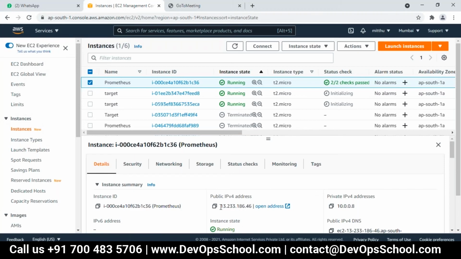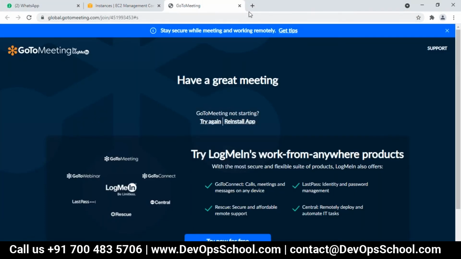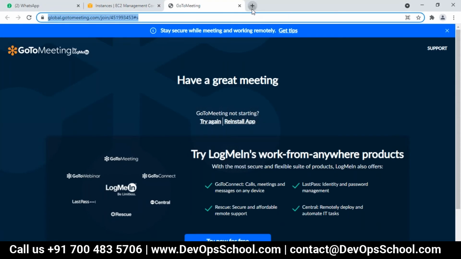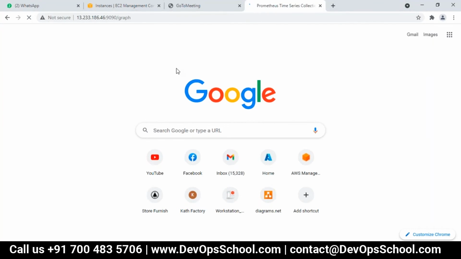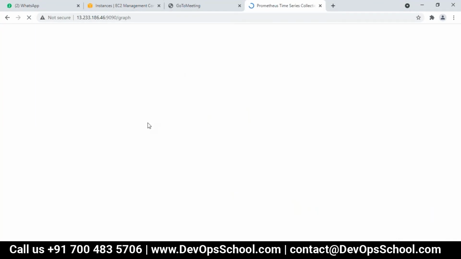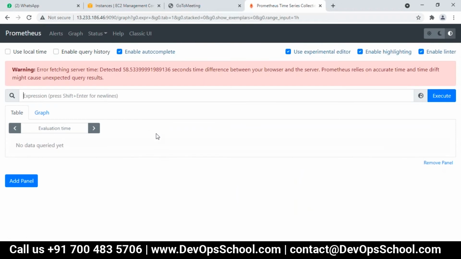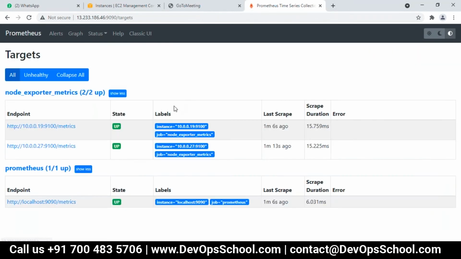So till now, I have created a setup where the Prometheus service is running, and there are two target nodes, right? And we created a metric also the other day. So these two servers are up and running.